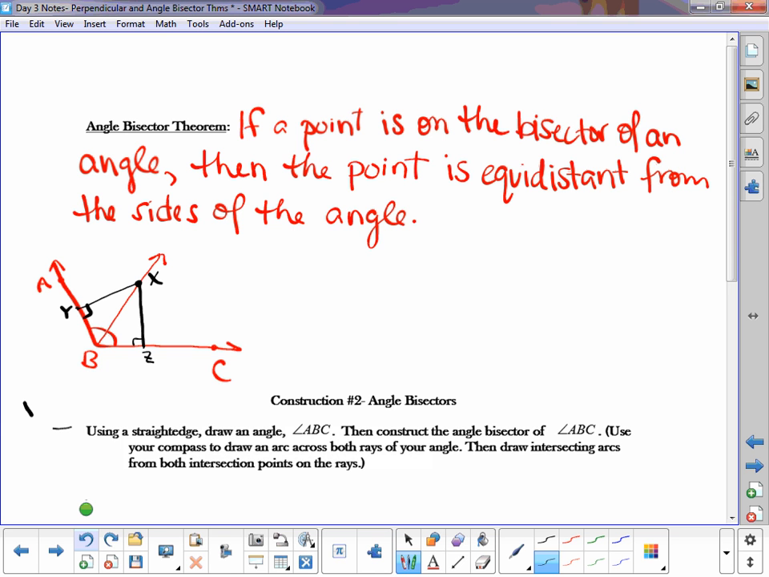That XY and XZ are congruent. You can say angle side. But then that